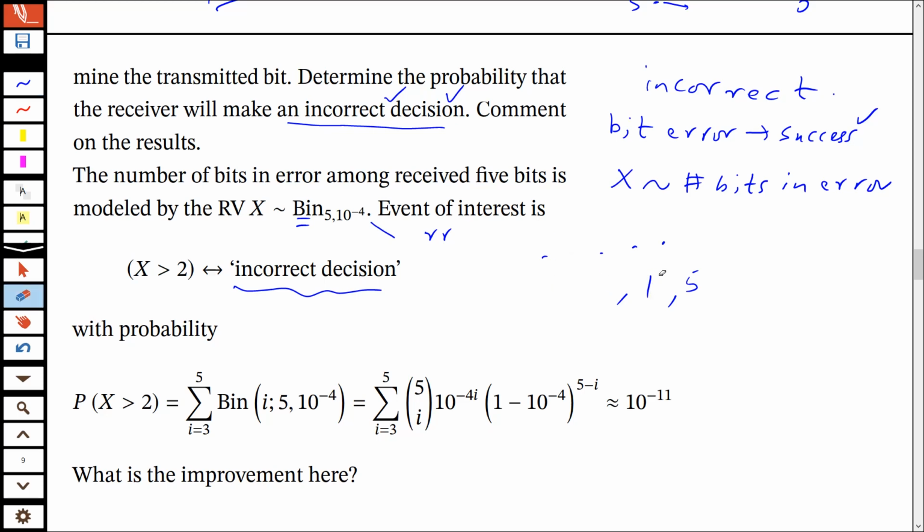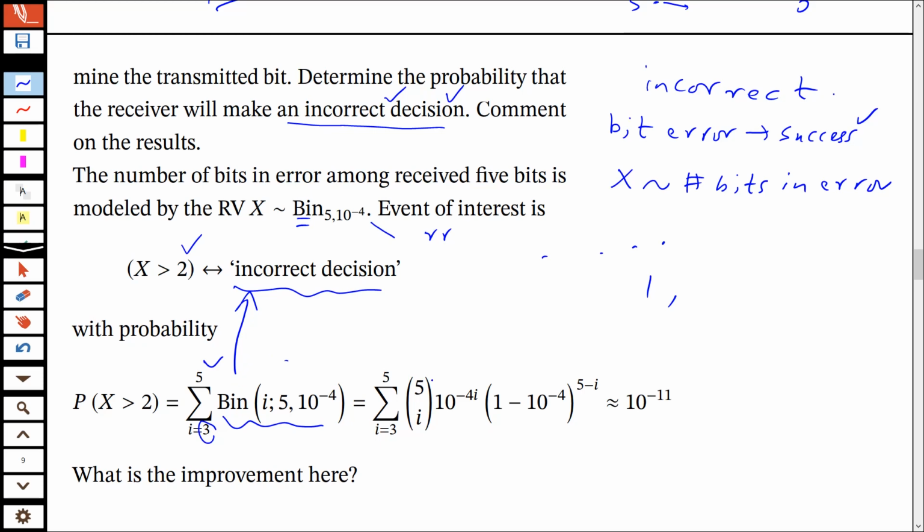So all I need to calculate the probability of incorrect decision is the probability of x taking values larger than 2, which means 3, 4, and 5. I just have to add up, because these are mutually exclusive, the PDF of the binomial distribution from 3 up to 5. They all are greater than 2, and they all represent the incorrect decision, because you will have more errors than